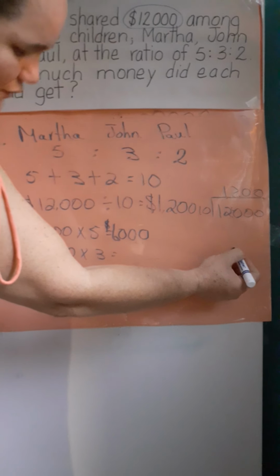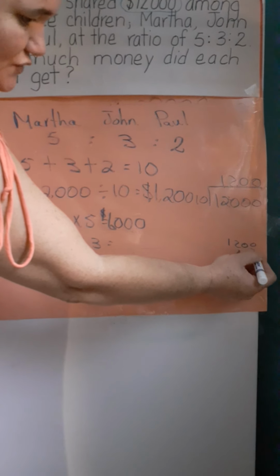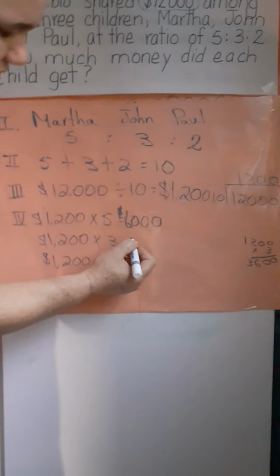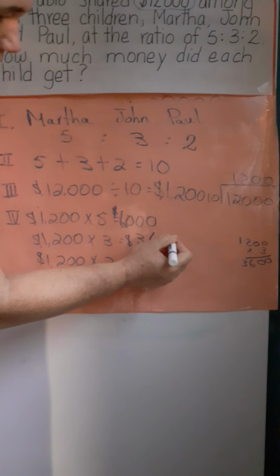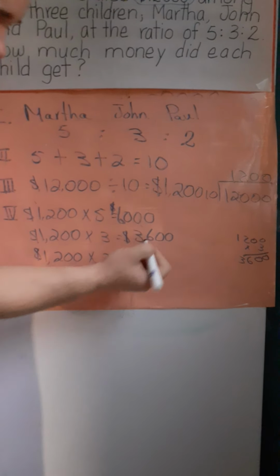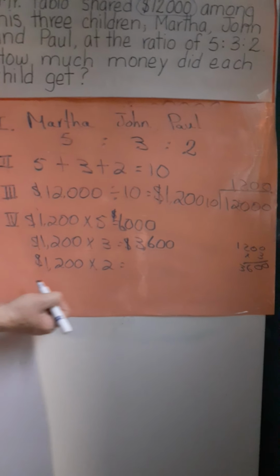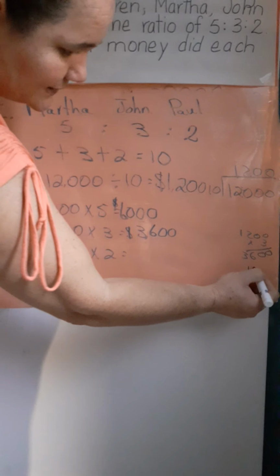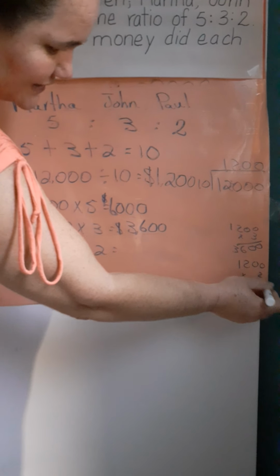1,200 times 3. You can do that in your rough work. Times 3 will give us $3,600. Okay, now we have 1,200 times 2. You can do it on your rough work as well. 1,200 times 2 will give us